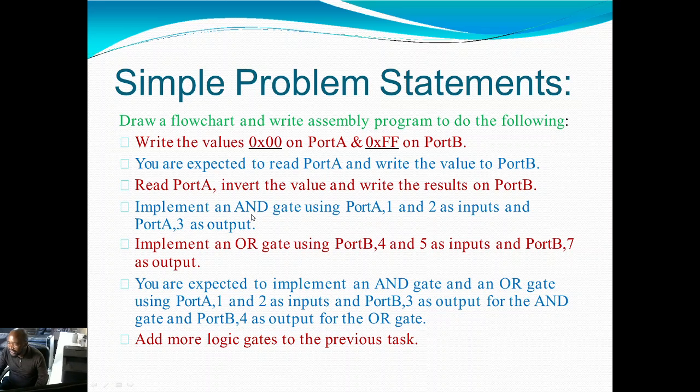You implement a 3-input AND gate. You can decide where you want your 2 inputs and where you want your output. Now implement an AND gate and an OR gate in one program. In one PIC program, implement an AND gate and an OR gate. So add more things to that program and then see how